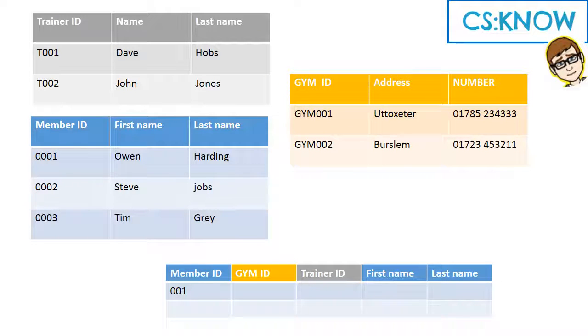What is more efficient is if a table only contains the data about itself. So trainer ID has a primary key, and it's got the first name and last name of the trainer. Gym information: each gym has its own gym ID for the primary key, an address and a telephone number. Each member has their own primary key, the first name and the last name. And then we construct a table